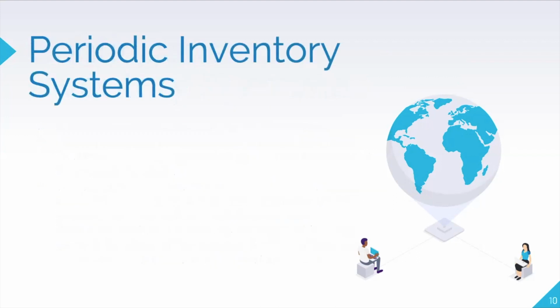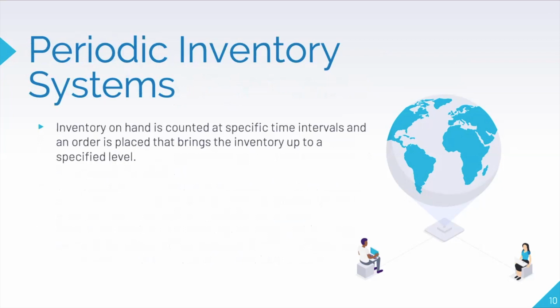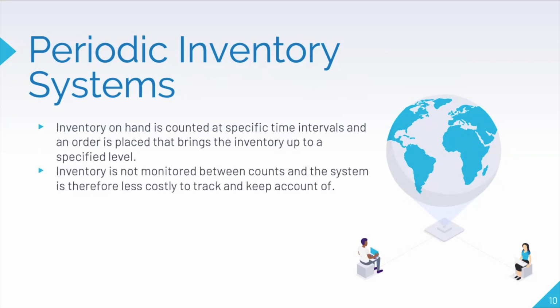On the other hand, in periodic inventory systems, inventory on hand is counted at specific time intervals. For example, monthly, or every 3 months, or annually. And an order is placed that brings the inventory up to a specified level. So kunwari, gusto mong level is 1,000. Then kung ilan man yung na-count mo at that certain period of time, kung ilan yung kulang sa 1,000, yun yung i-order mo. That's why inventory is not monitored between counts and the system is therefore less costly to track